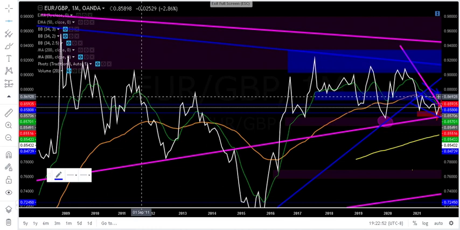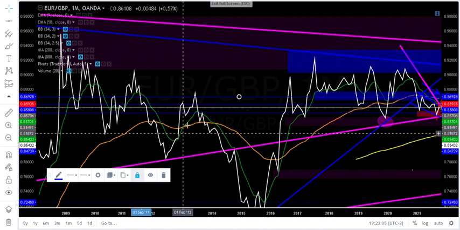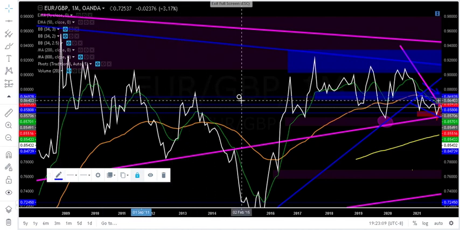Or if you're in drawdown, like I had to do a few times, you can just see what price is going to probably stop at, and then you could just get out. And don't let it hit your stop loss. Just close the trade and profit. It may not be that much if you're in drawdown, but